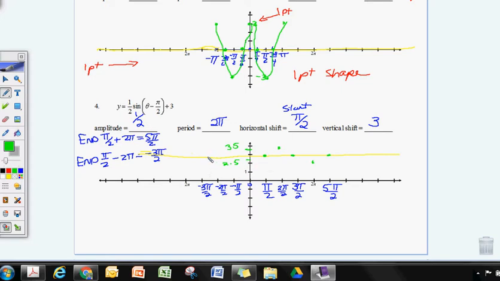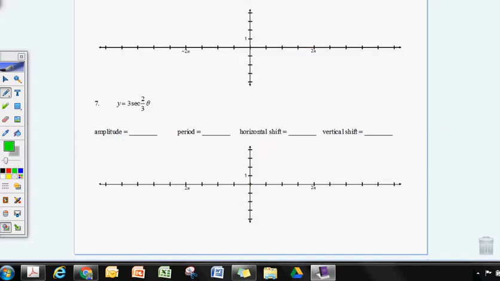Now coming from the other way, at -3 pi over 2, it's at the middle. At -2 pi over 2, back at -pi over 2, at 0. So my sine wave would look something like that. So let's go on to page 2 and